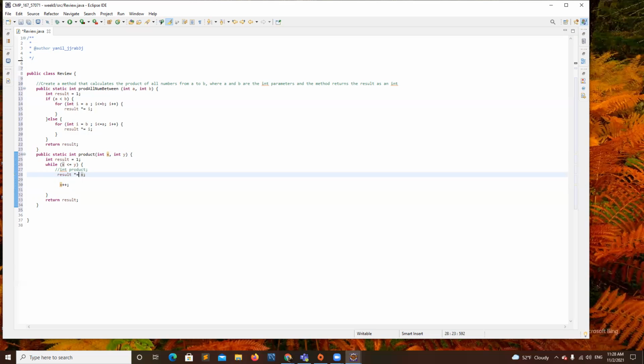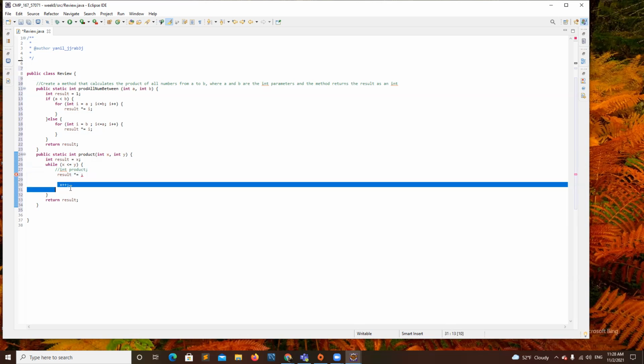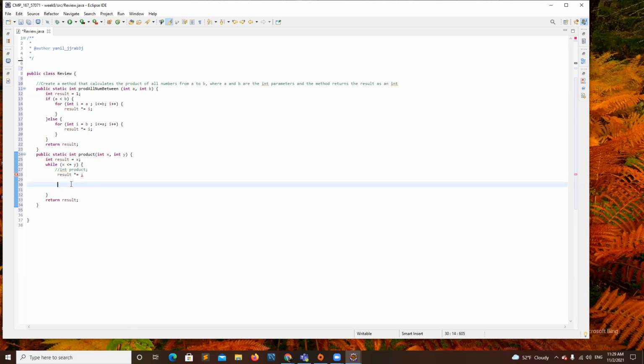But then there is one thing in here, one second. You want to set the result to X, okay? And then, since you set the result to X at the beginning, before the for loop, you should increment X right there. And then you want to have this.